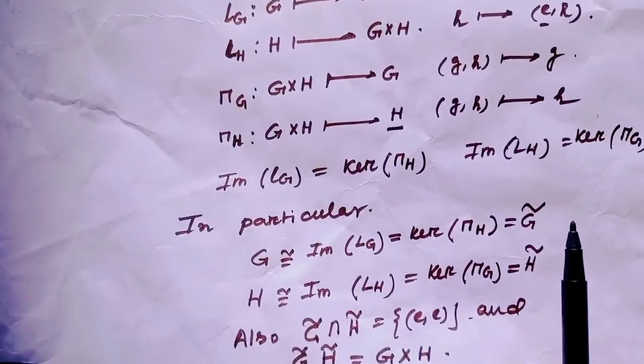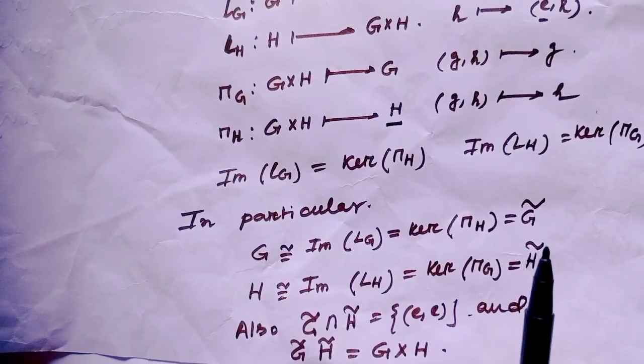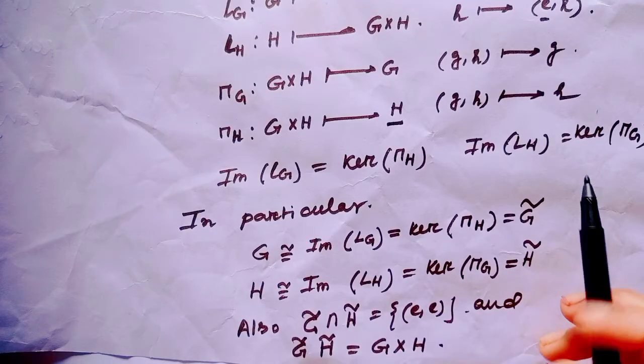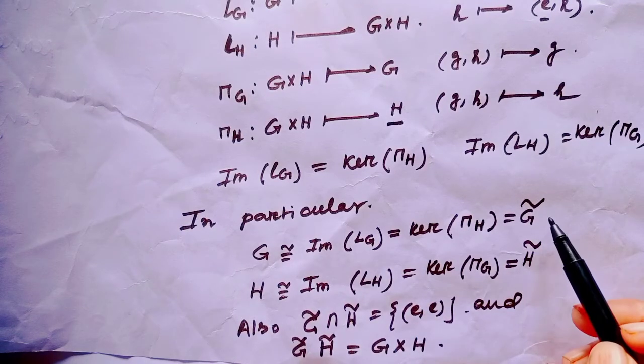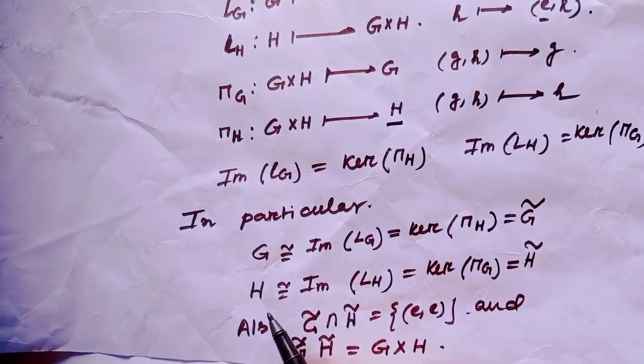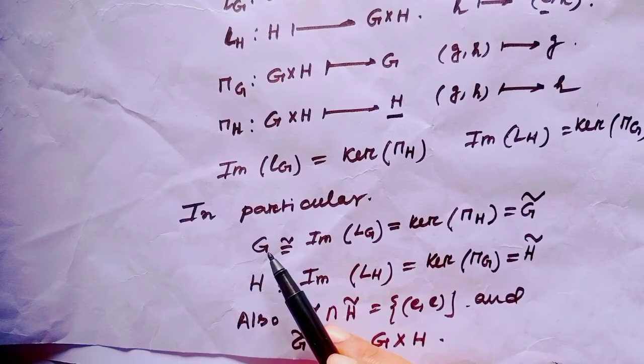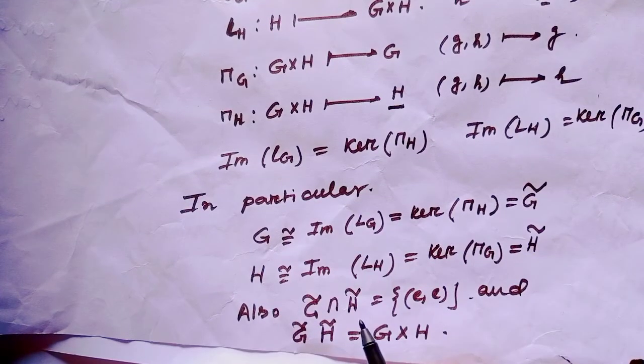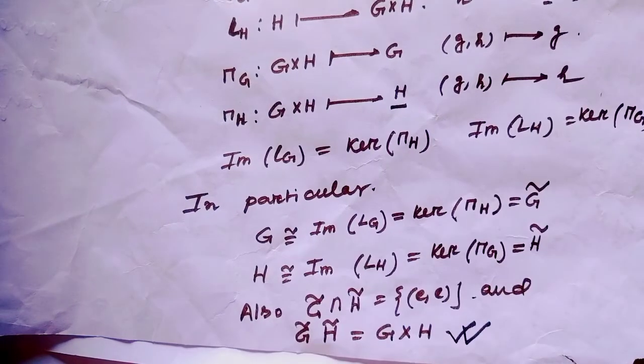That means the external direct product contains two subgroups, and both are normal. And notice these normal subgroups are distinct, because G tilde is isomorphic to G and H tilde is isomorphic to H, and G and H are different groups. So the intersection of G tilde and H tilde must be just the set containing the identity element (e, e), and the product of G tilde and H tilde equals G direct product H. So this product is a conception of